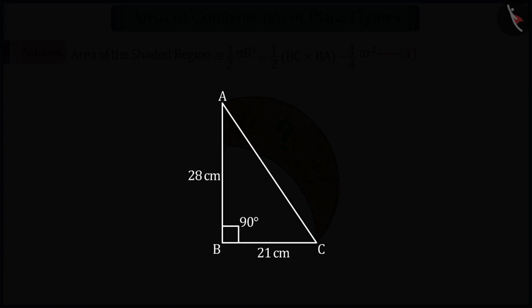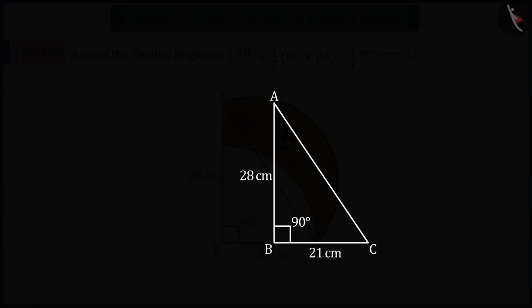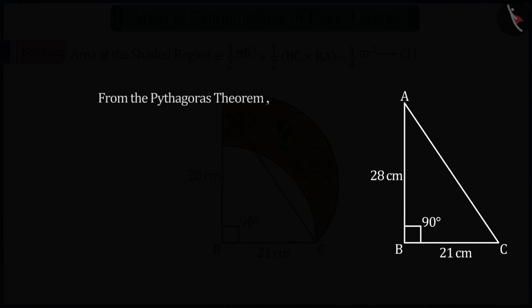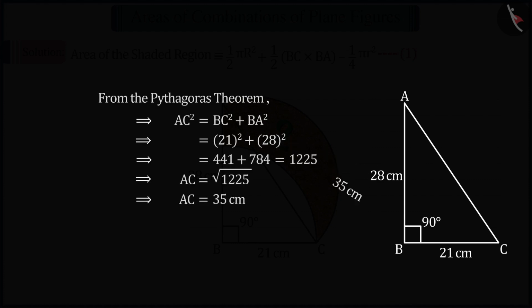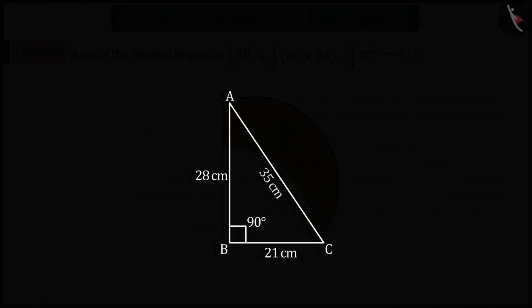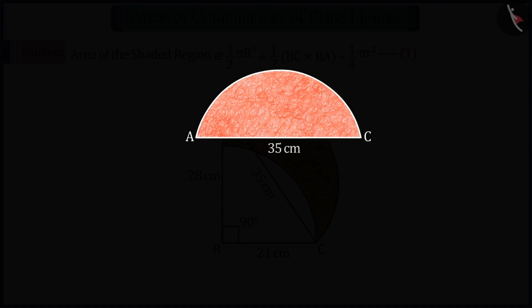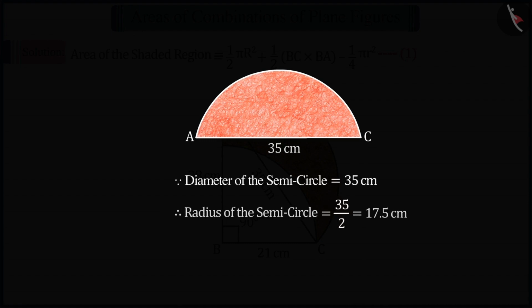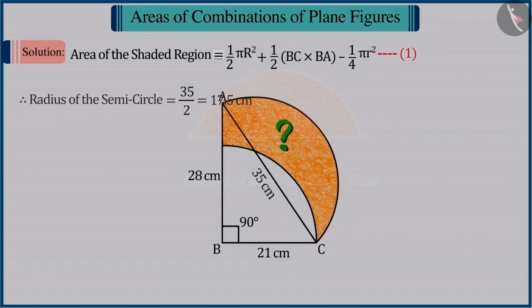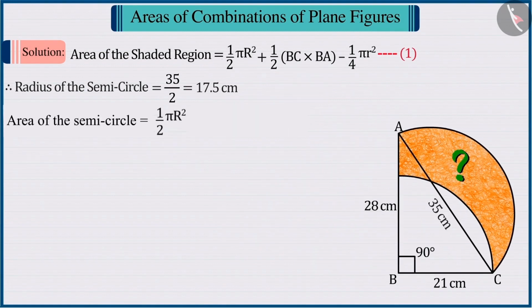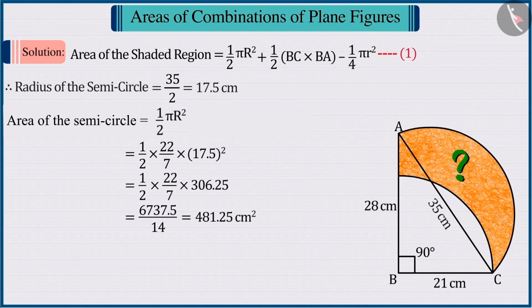right-angled triangle ABC. Therefore, using the Pythagoras theorem in the right-angled triangle ABC, we get the value of AC as 35 centimeters, which is the diameter of the semicircle. So, we can say that the radius of the semicircle is 17.5 centimeters. Substituting the value of the radius in the formula for calculating the area of a semicircle and solving, the area of the semicircle is obtained as